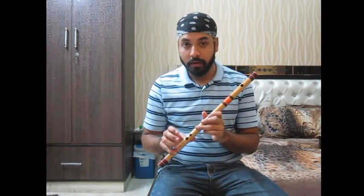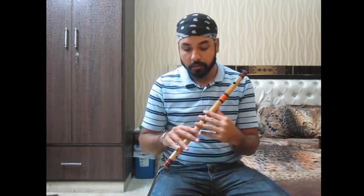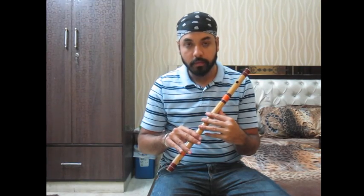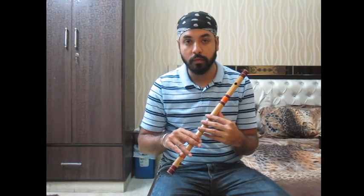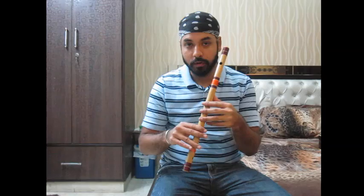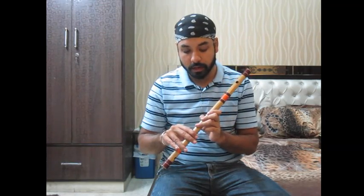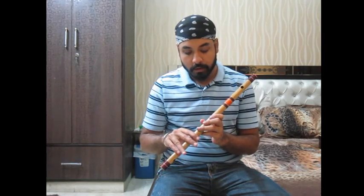But the recommended way of holding a flute is like this, because it helps you improvise more, and if you go on and play a longer flute, you will be able to play it if you hold the flute like this. But if you hold the flute like this, you might find it difficult to play longer flutes. Okay, so